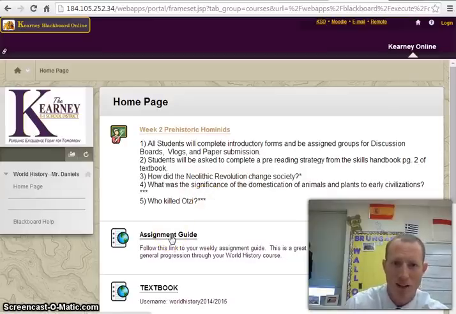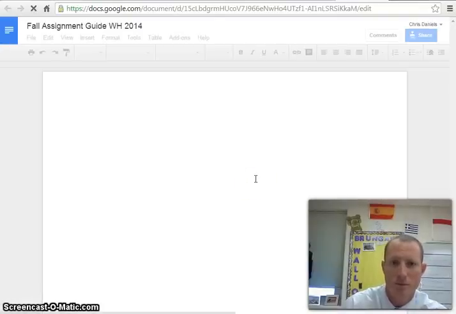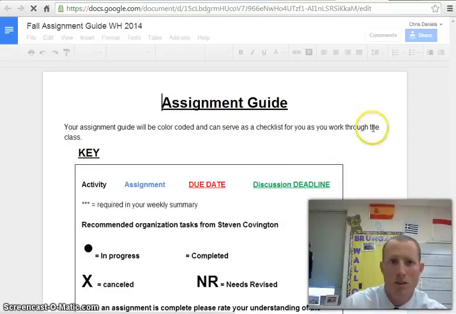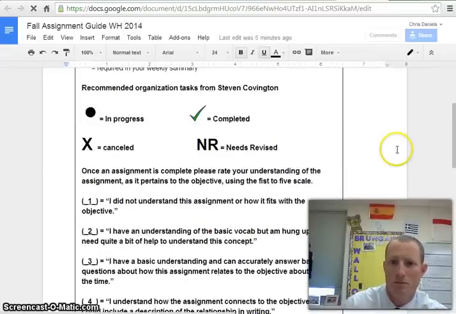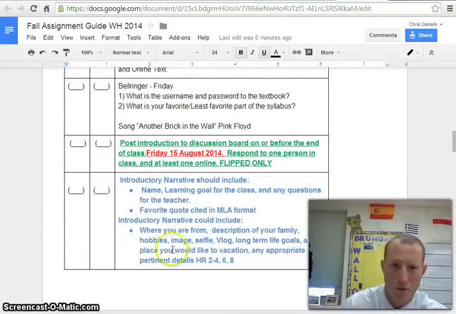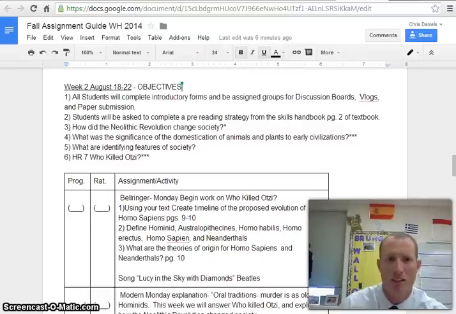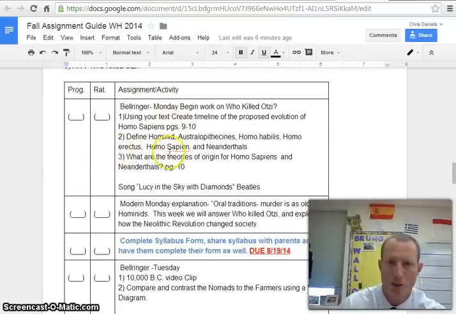If we go to your assignment guide, we can see all of this stuff echoed here. As I scroll down, here's last week's stuff. We're finishing up these introductions because the Chromebooks didn't work very well. Make sure flipped instruction you guys are posting to that discussion board. Here are the objectives again that we just went through. Here's your bell ringer for Monday. After this week, I won't be posting the bell ringers on the assignment guide anymore. You'll be responsible for getting those from your peers.